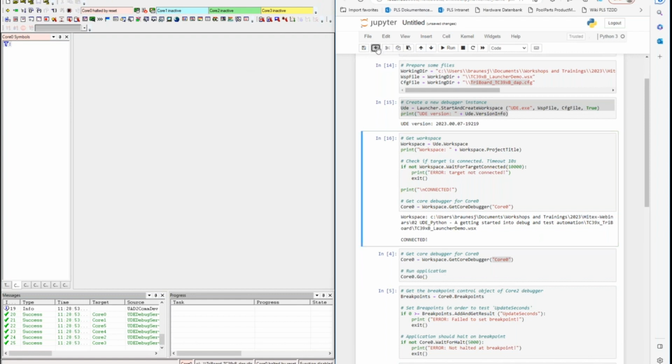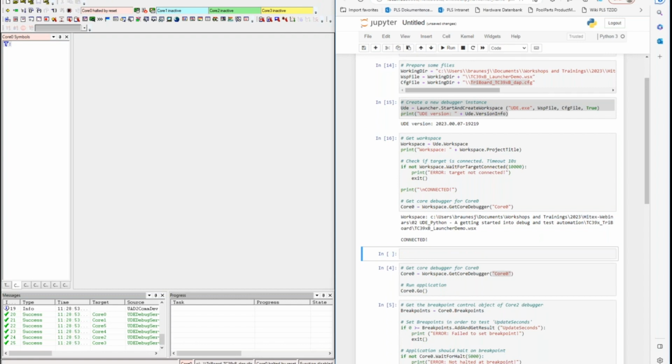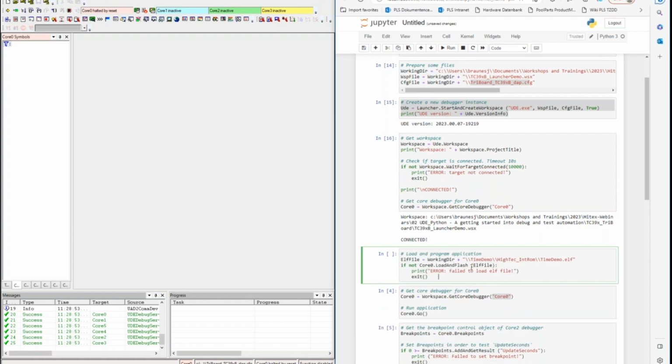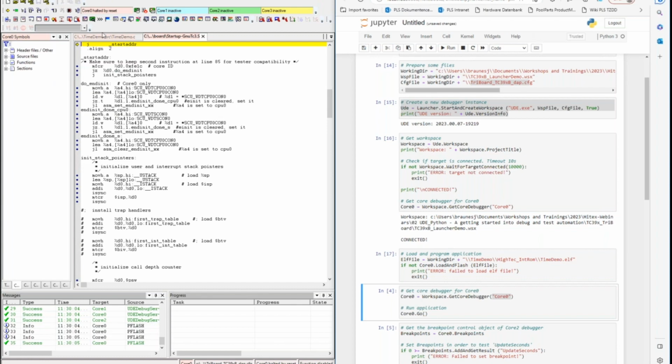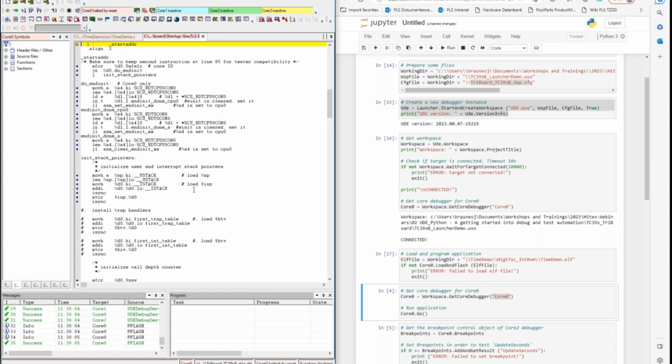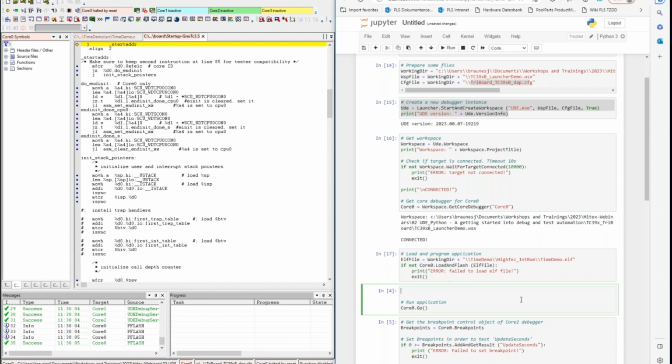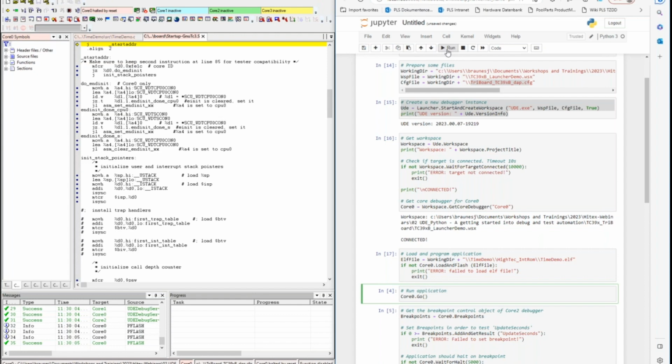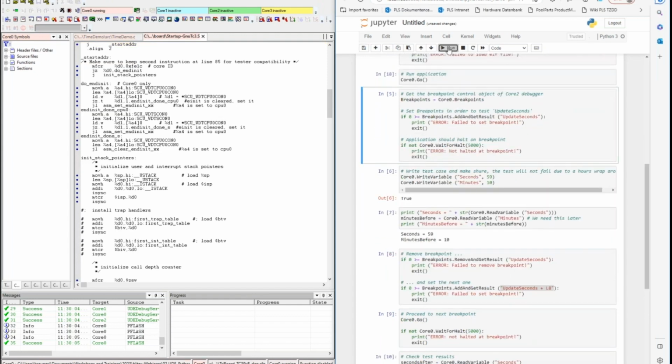And we have also a method in the core debugger that allows us to load and flash an application. We provide the ELF file and load it into the target device. We execute this piece of code here. You see, okay, we have the code loaded here. We have also some source code here in the debug tool. And for now, we can use the remaining stuff to start the application, to set our breakpoints,